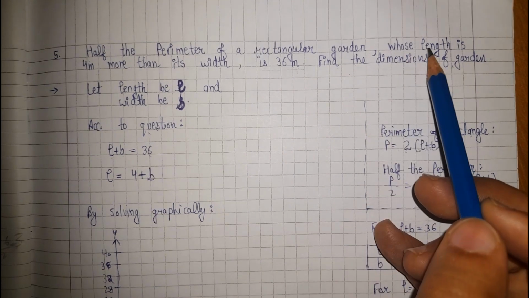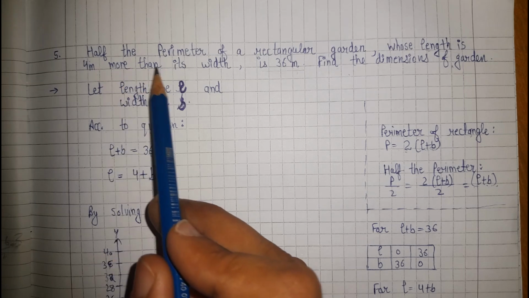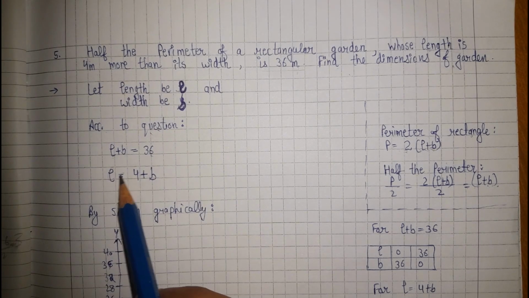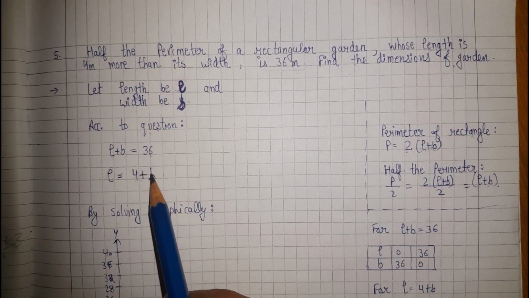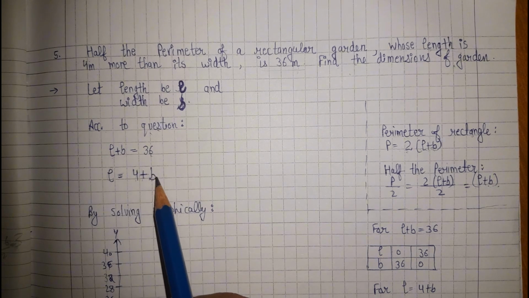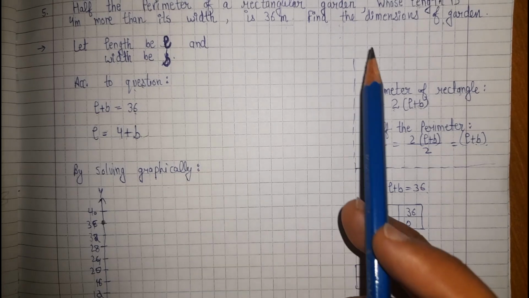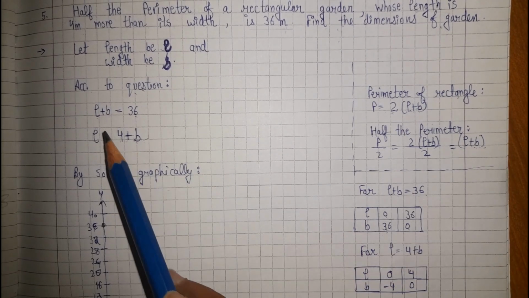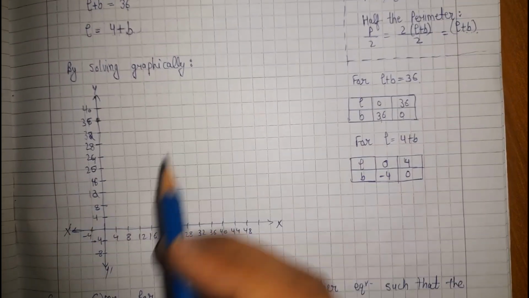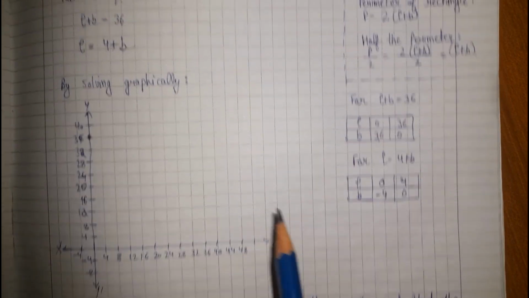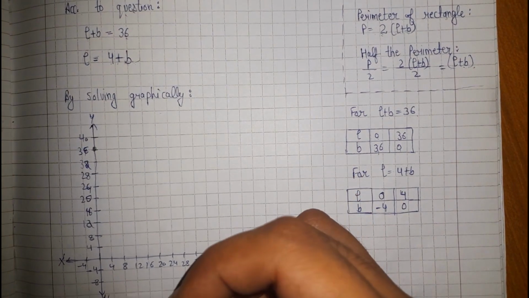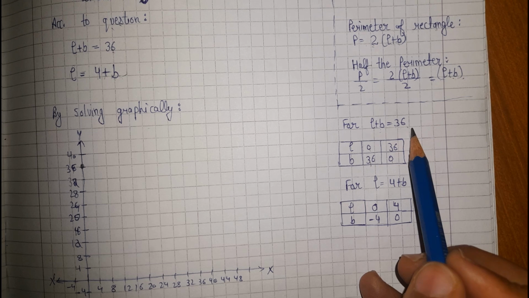It's also given that the length is 4 meters more than its width. L is equal to 4 plus B. So to find the dimensions of the garden, we need to find L and B. Let the x-axis represent L and the y-axis represent B. So for L plus B equals 36,